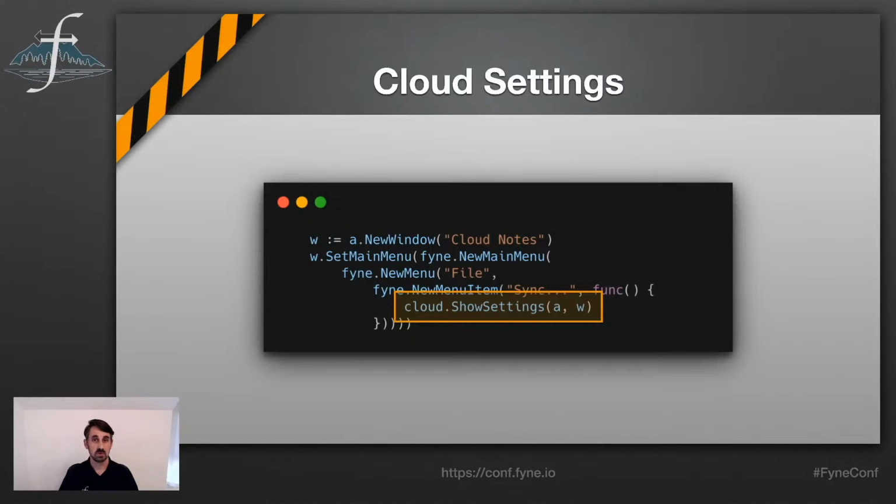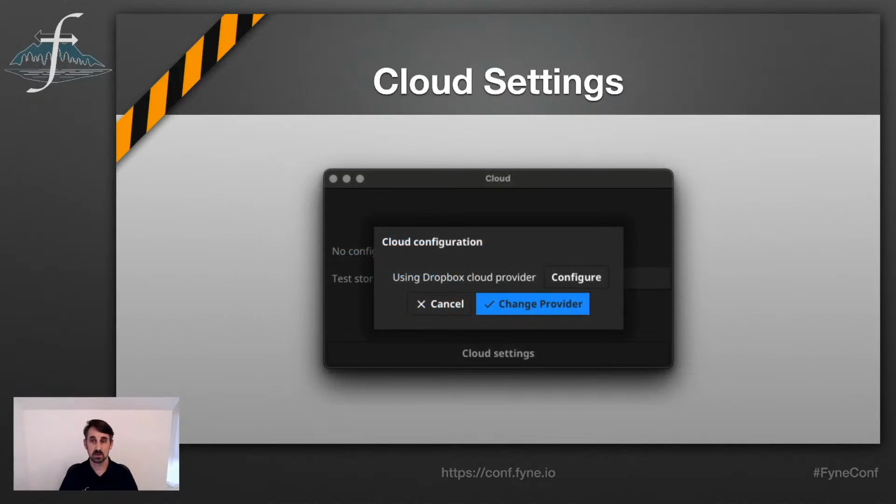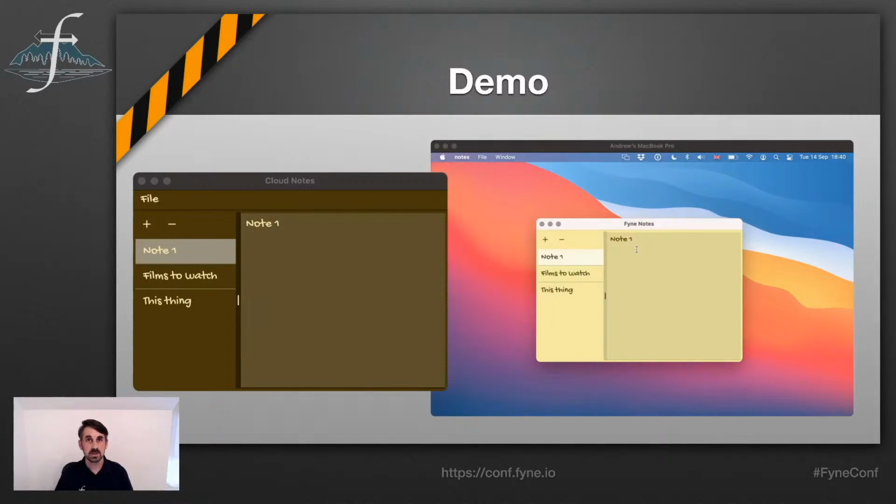That would open a settings dialog for the cloud, and that will look a little bit like this perhaps. The user can choose which cloud provider is going to handle their storage and potentially configure it as well. That's what the API looks like and how we're hoping to deliver it. But why don't we have a quick demo? To demonstrate the current functionality in our cloud work,